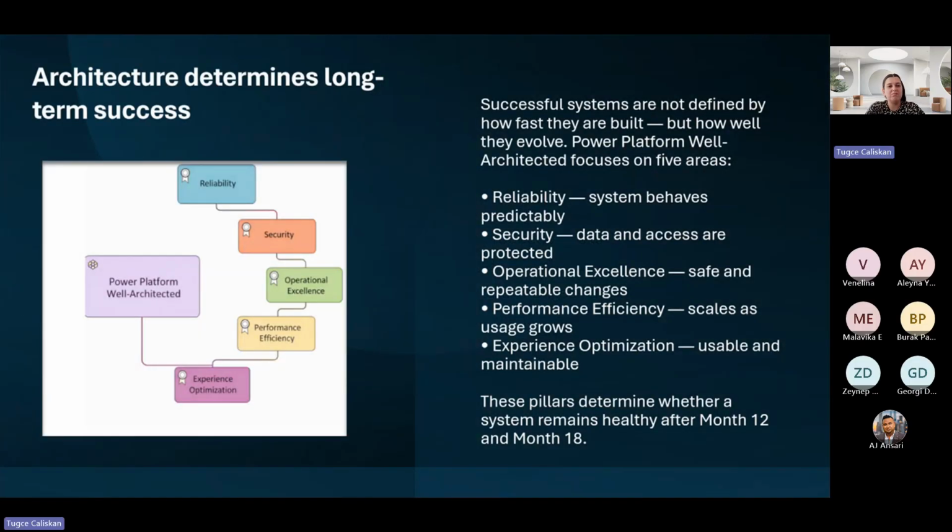So I put a simple structure of what we would expect from a well-architected system, and what the key points should be. Architecture doesn't just determine whether a system works. It determines whether a system is reliable and easy to work with over time. And when the foundation of a system is solid, the system behaves more predictably. So this is a very important start. We need to have a system where data can be trusted, automation works as expected, and changes can be made without fear of breaking something else in the system.